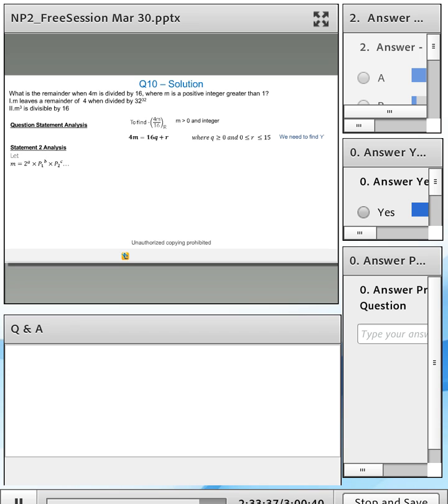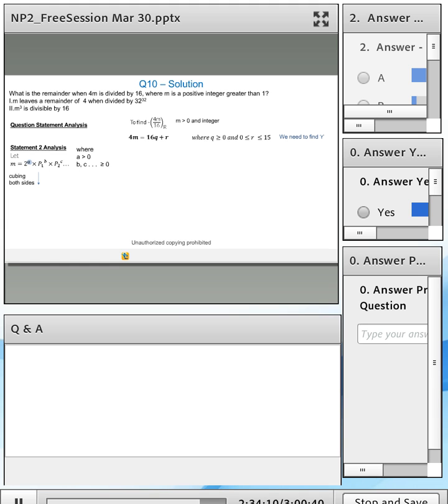There is a high level of thinking required here, which is something that you get through the application files and the practice files throughout the course. So you will be able to develop this high level of thinking very easily if you go through the course properly. So what you're given is m cube is divisible by 16, which means that 2 is definitely a factor of m. You can definitely say that, right?